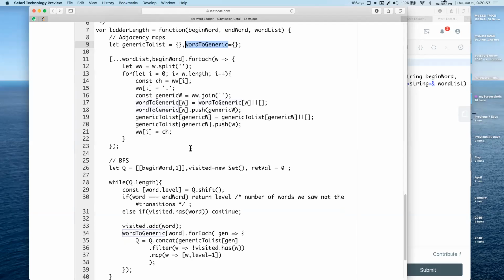I think after we solve it with the simple BFS, then if they ask for the optimization, we can think about how to optimize this map thing. If the interviewer says that we have a big list, and all the words are of the same length, something like that, then we can think about it. Okay, I'll stop here then if there are no questions.